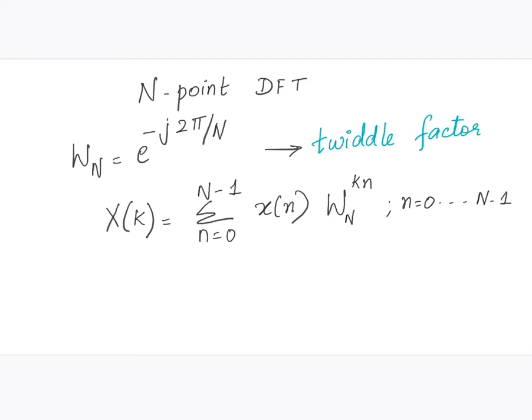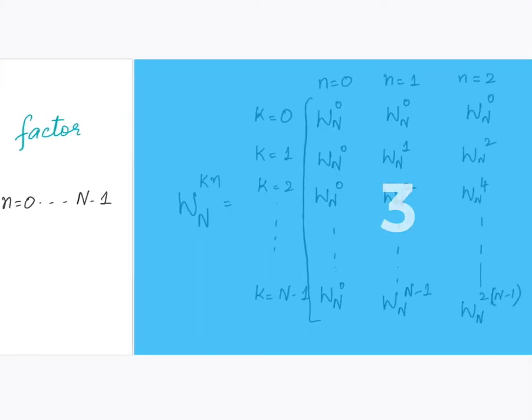So in order to find the N point DFT and to make the computation much faster, we can replace e raised to minus j 2 pi k n by N, that is 2 pi by N, by the term W N. This W N is given by e raised to minus j 2 pi by N, and this is known as the twiddle factor. So the equation can be written in a simpler way as X of k is equal to summation n equal to 0 to N minus 1 x of n into W N raised to kn, where k is equal to 0 to N minus 1.